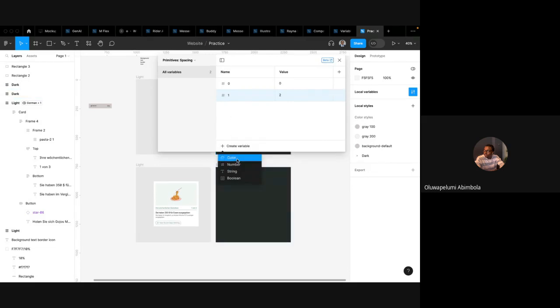Create new number. So let's do 4. Sorry, it's 3. This is 6. So this is our spacing. Okay, if I group all these guys, the new group is selection spacing, and then we can also have